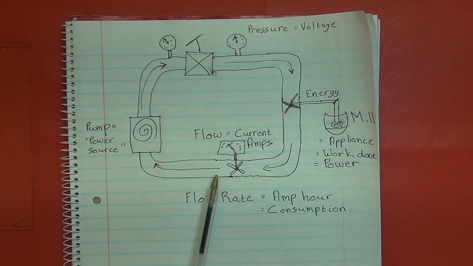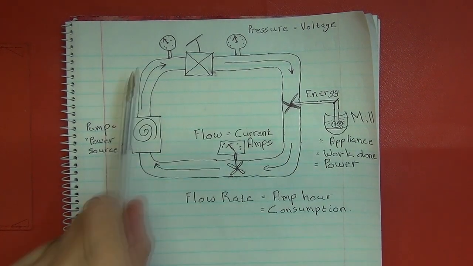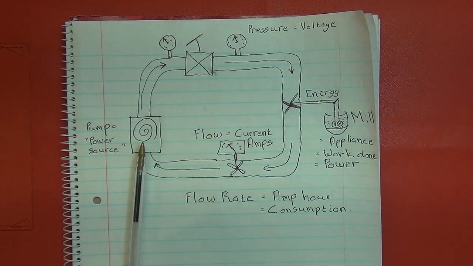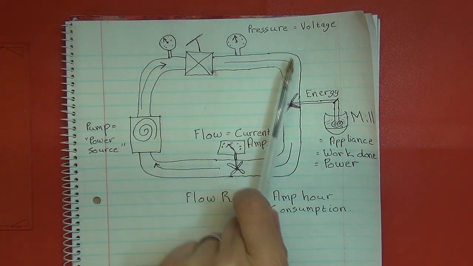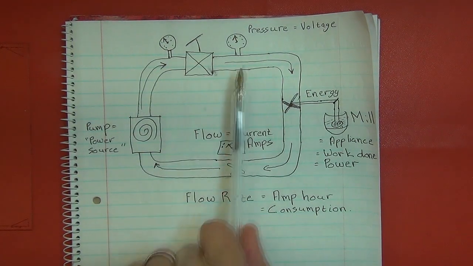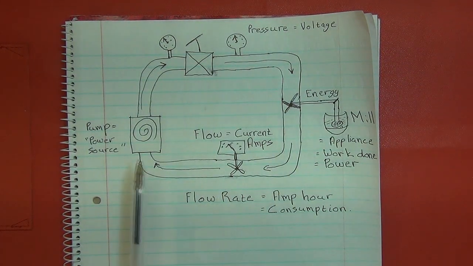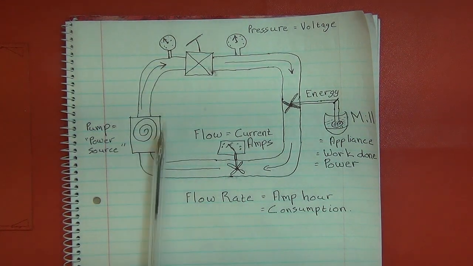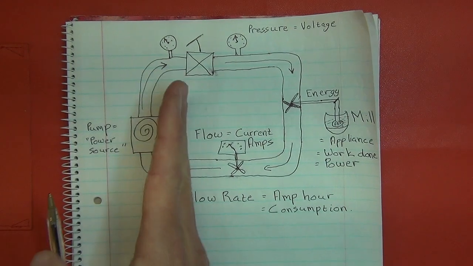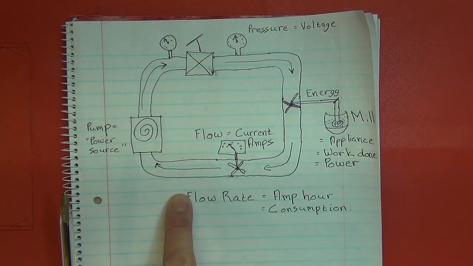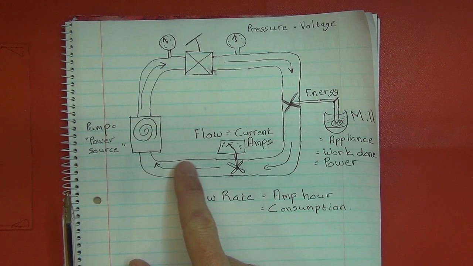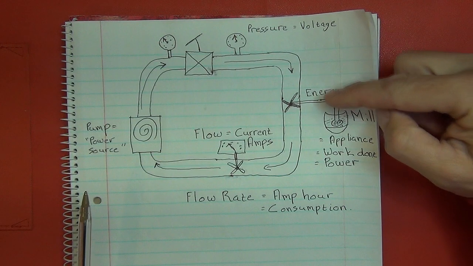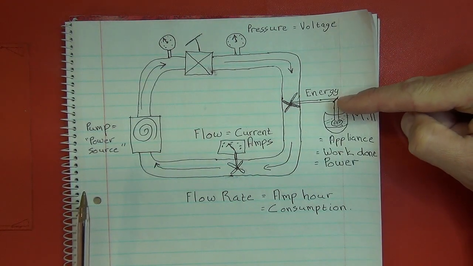Right, so going back to that continuity, you need the pipe intact to allow your water to flow through the pipe system. Likewise, you need to allow electricity to flow. You need an intact system of conductors, i.e. your electrical wires. If you have a break in your electrical wire over here, just likewise if you broke the water pipe, the water would start spilling out, and then your mill over here would stop working because you wouldn't have water flow.